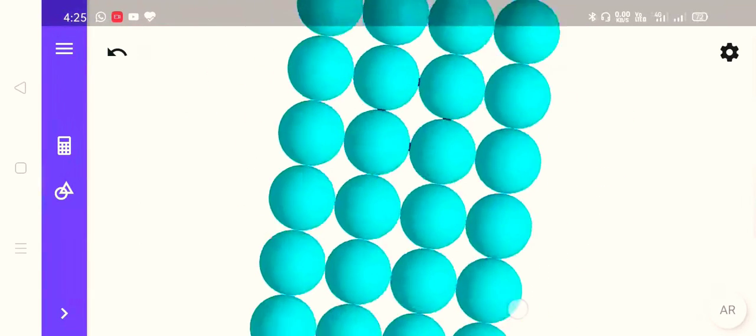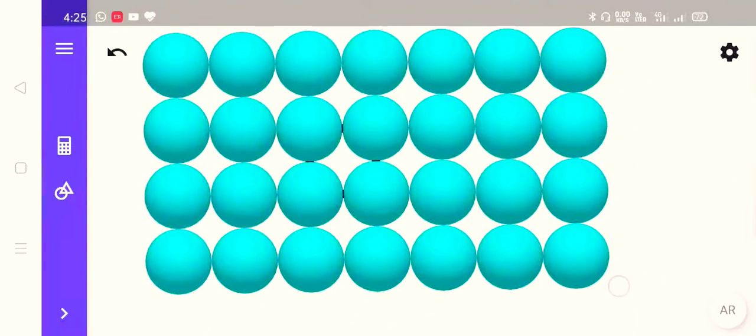So as we can see in this figure, let us call first row as row A. Then our second row is exactly the same row, so we can call it again A type of row. So first row is A, then second row is again A. So we have A A type arrangement here. This is called square close packed structure. Why are we calling it square close packed structure?